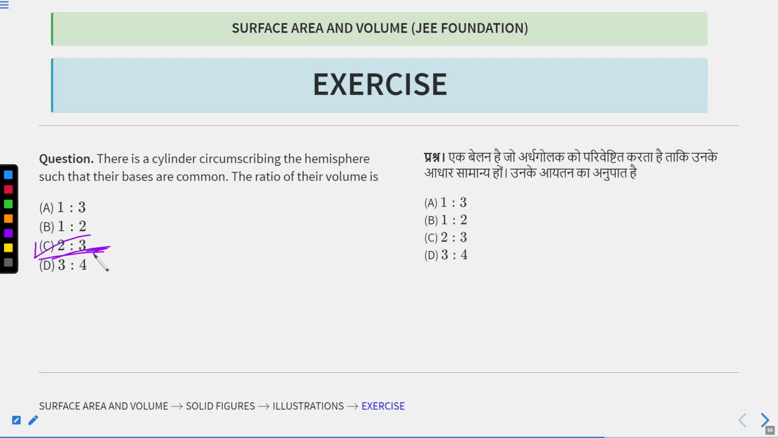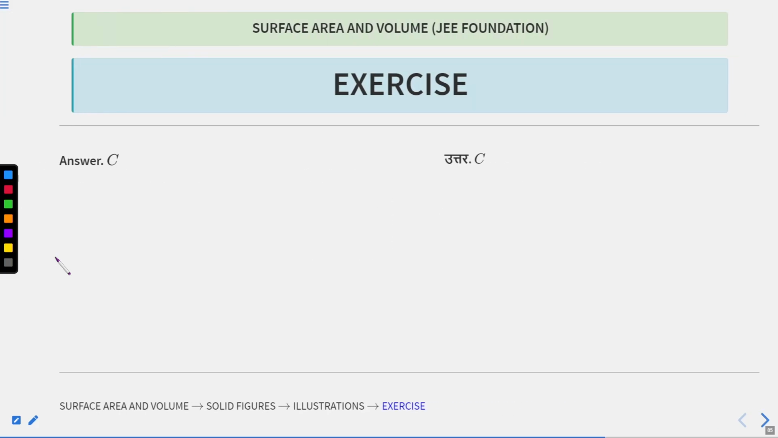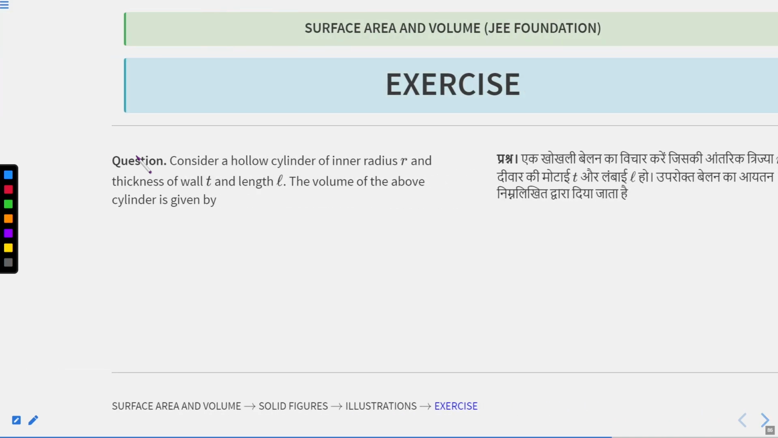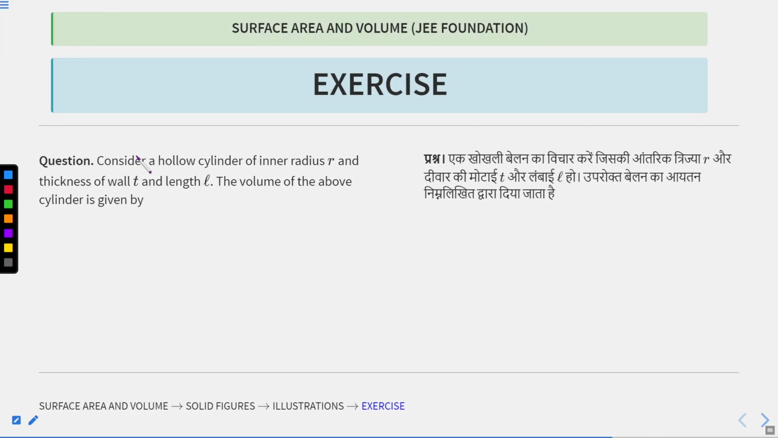I hope you find solving these problems intriguing and interesting. These problems will challenge your concepts. Indeed, the answer C was our correct answer. Let's see the next problem. This is a very interesting problem. It asks,